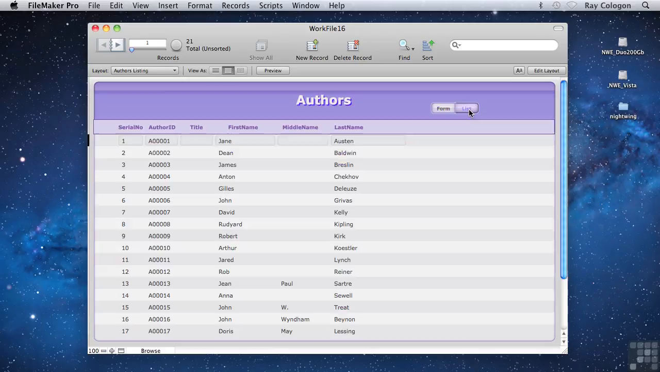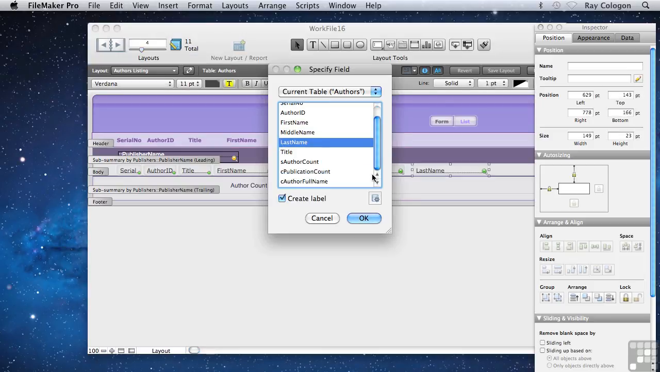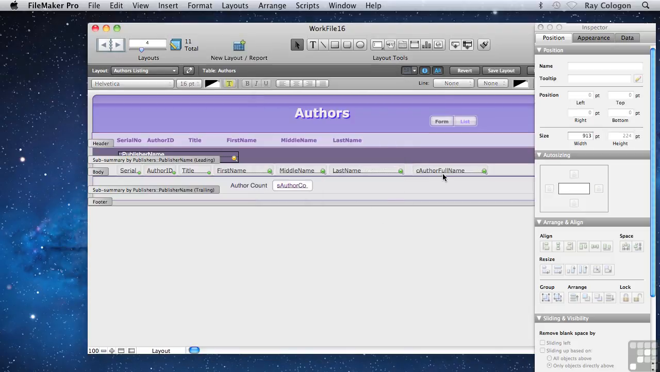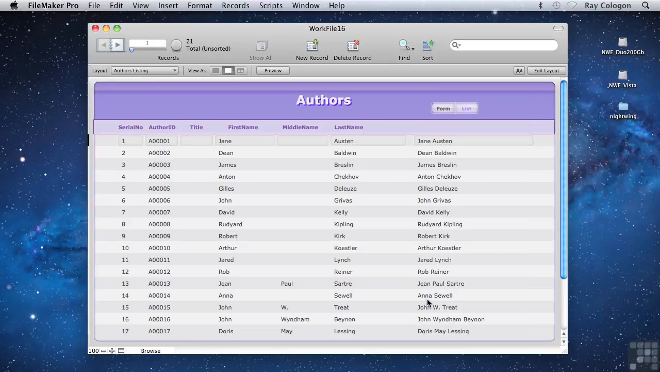I'll go to the list layout, and in layout mode, I'll option drag the last name field. I'll choose the calculation or author full name. I'll make the field a little wider since it's going to hold the values from 3 other fields, and return to browse mode. And you can see that each of the names has been assembled into a single field value